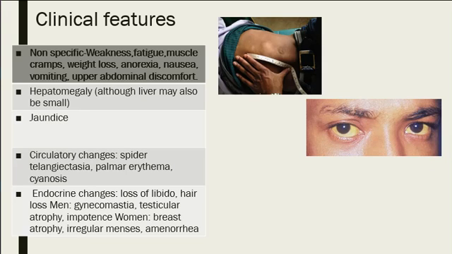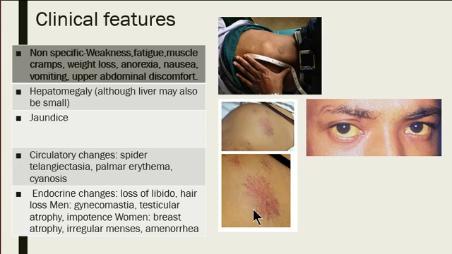Apart from that, we see some circulatory changes and endocrine changes because of an alteration in sex hormone levels. So let me show you first this. This is a picture of spider telangiectasia or spider nevi. Now these are basically vascular lesions, as you can see here, and they occur due to an increase in estradiol. What you can notice in this diagram is that there is a central arteriole and it is surrounded by these radiating smaller vessels, right? So this gives it the appearance of a spider, and this is why it is called